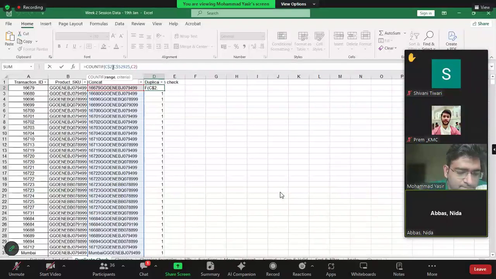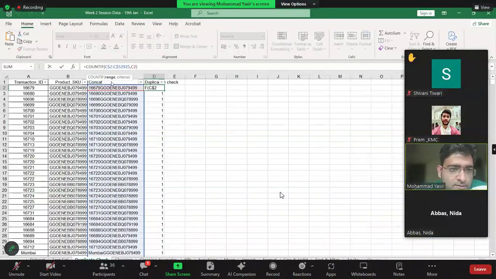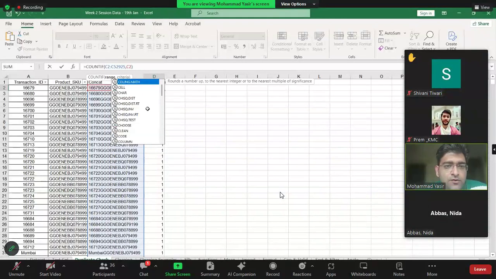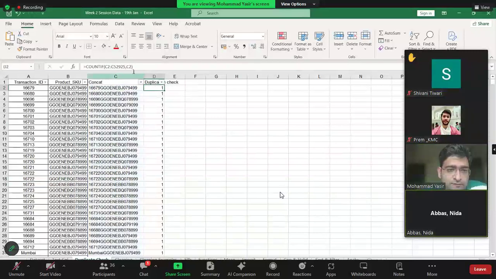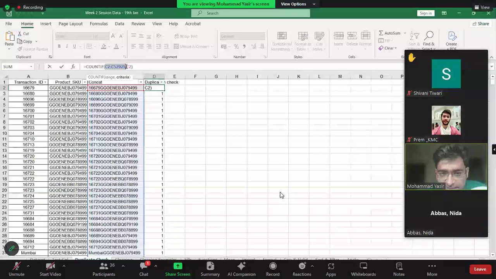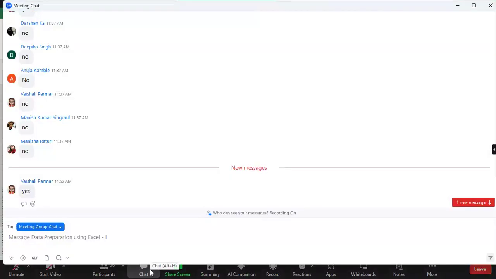Can you explain this function again, please? How it was before and why we have used dollar here? Okay, I'll cover it quickly, otherwise we'll fall a little behind. So earlier we had done this, correct? We want to search the number of times this value exists in this data range. Now, if I drag this formula to the end, what will happen? It will search for the critical metric only.